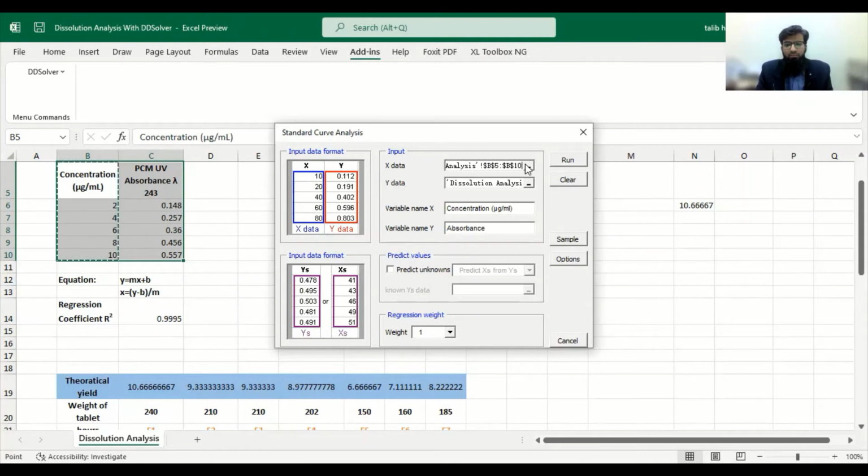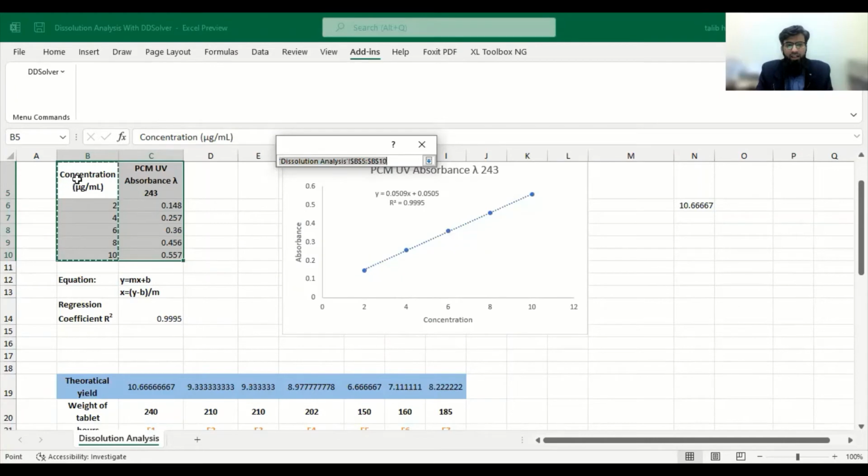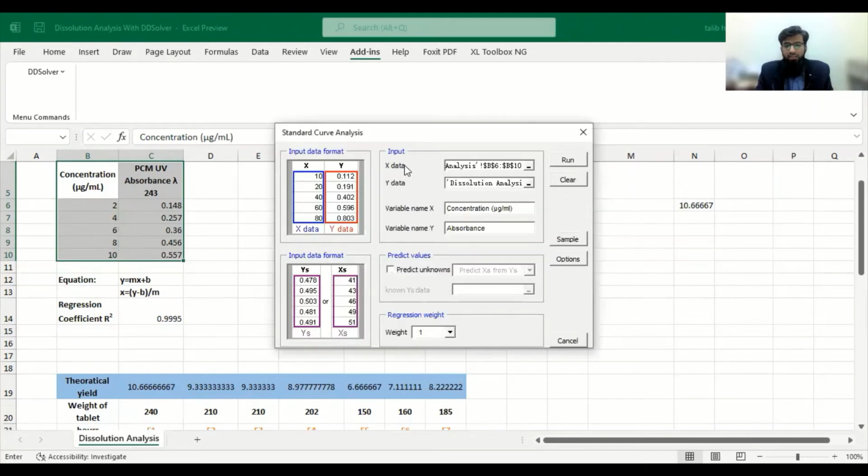For data, you click here and select the data from where to where you have to plot. This is the x-axis data. For example, we have to plot 2, 4, 6, 8, and 10, so we selected from 2, dragging it to 10. This will be x data.